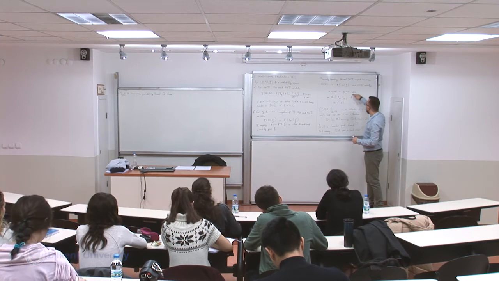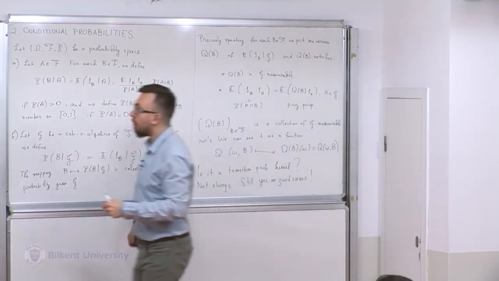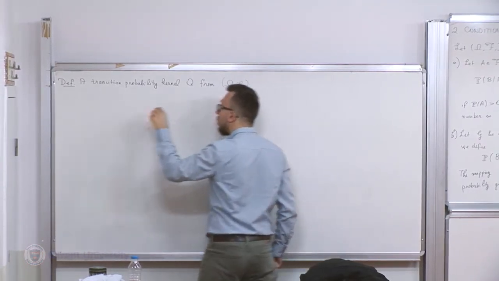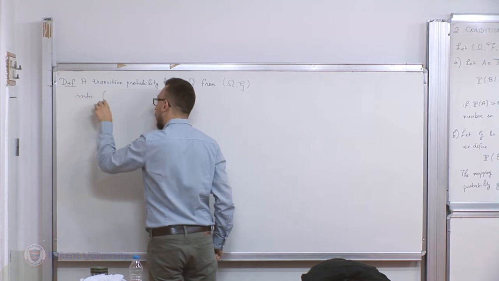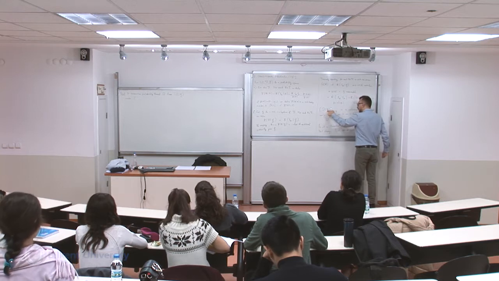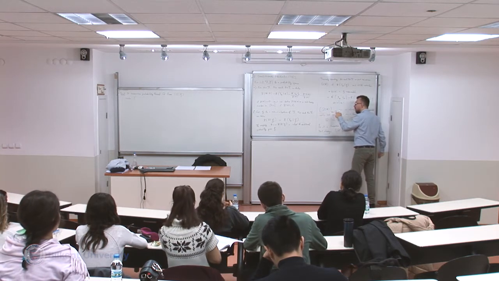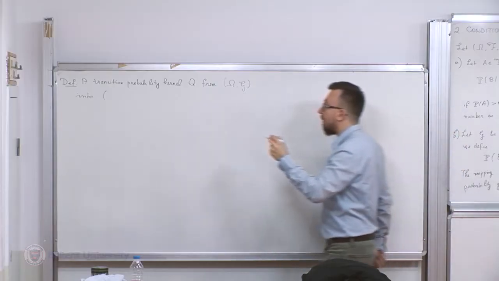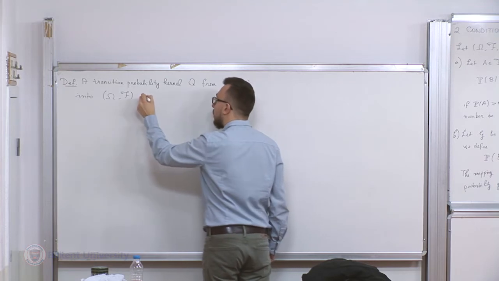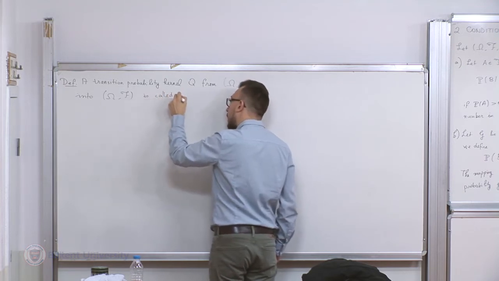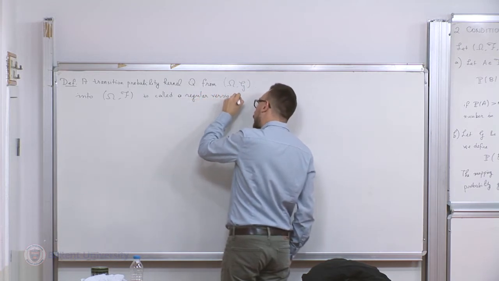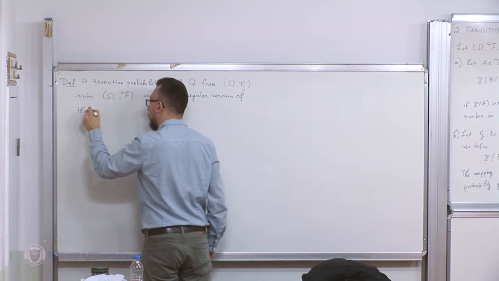So it should be from omega G into the measure part. The sets B come from the sigma algebra F. So this is from omega G to omega F. It is called a regular version of the conditional probability